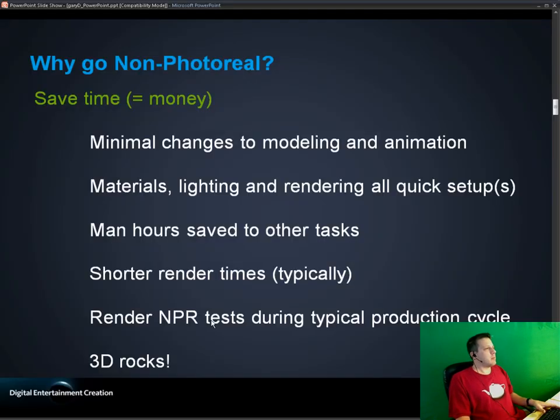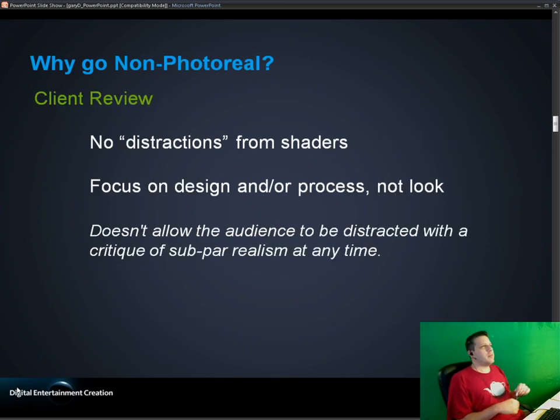Back to our friend, the PowerPoint here. So again, that kind of summarizes our 3D rocks aspect. Another aspect is for client review. When it says here, no distractions from shaders, what I mean by that is, and to use a case that